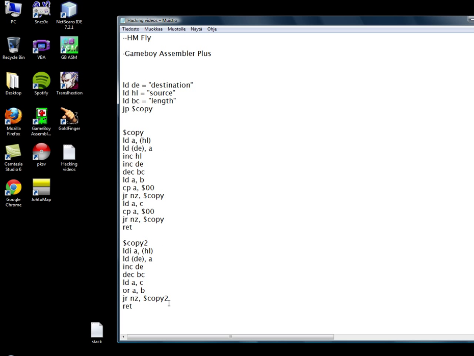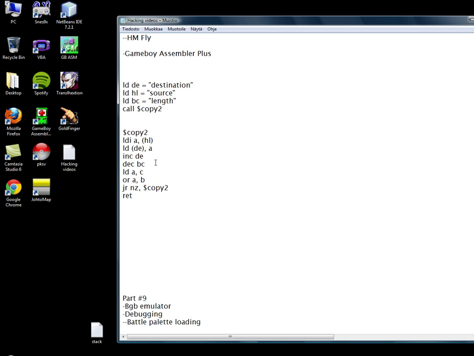And this copying routine is actually very useful, because anytime you want to copy code from one place to another, you can use a routine like this. This thing works just fine, and if you want, we could call the copying routine, and then this uses all the registers, so we can